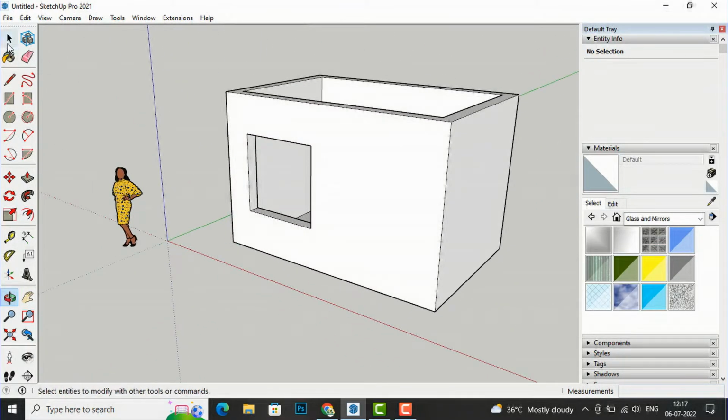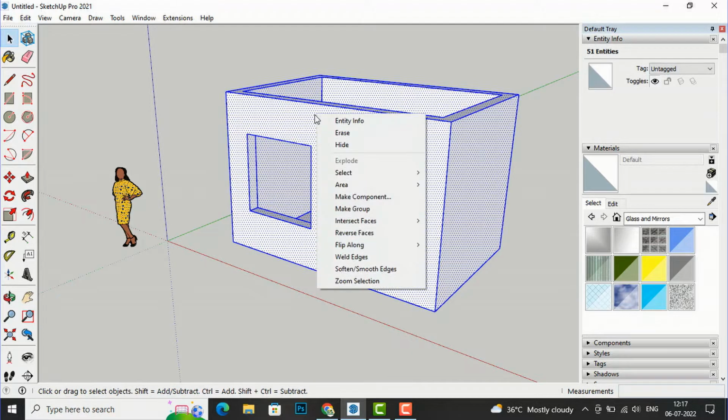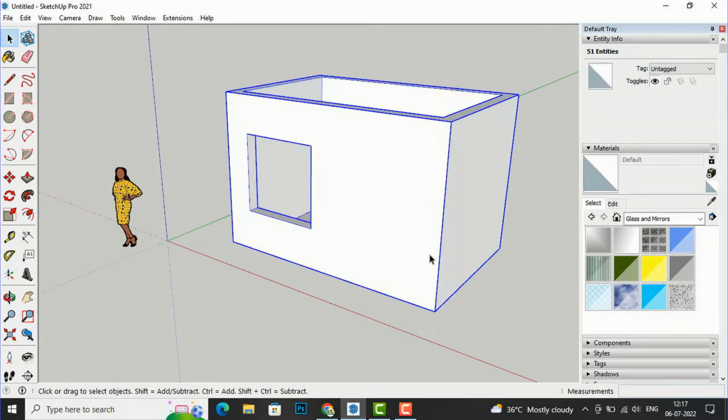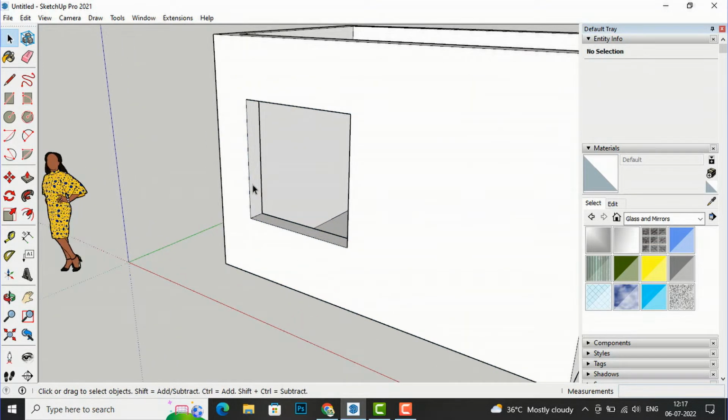So now I'm going to select the wall and I will make a group. You are always required to make a group while using SketchUp, so it will be easy. And now I'm going to draw the frame of the window, so I will use the rectangle tool here again,